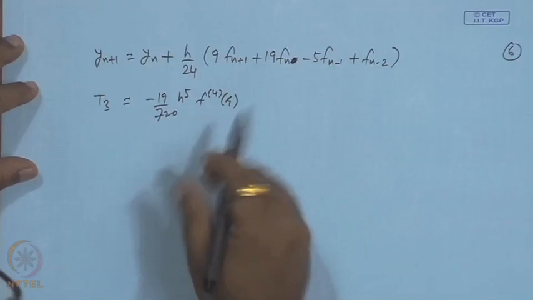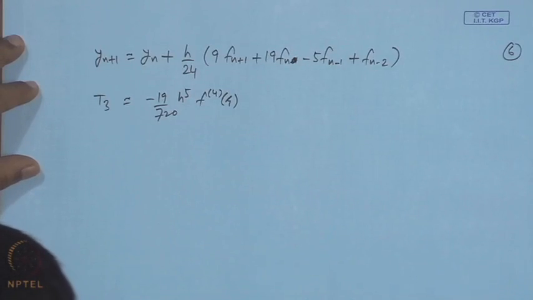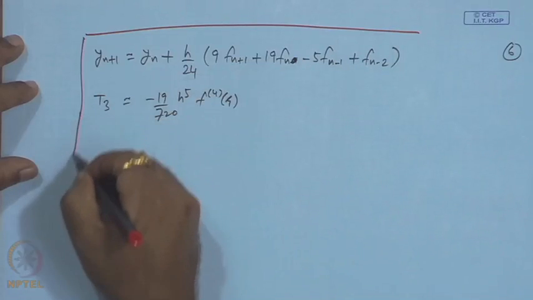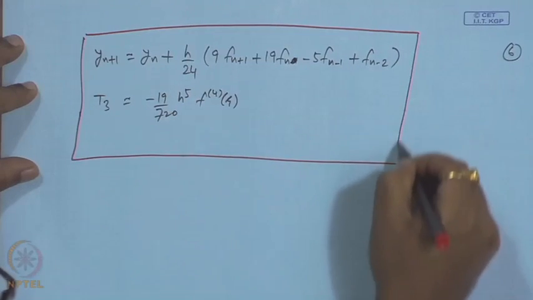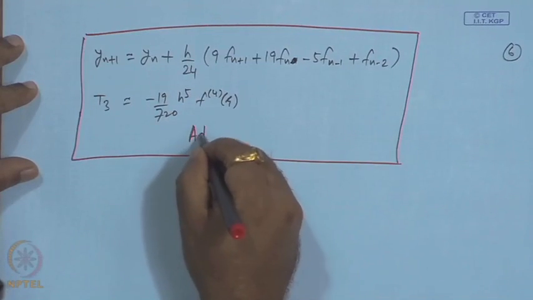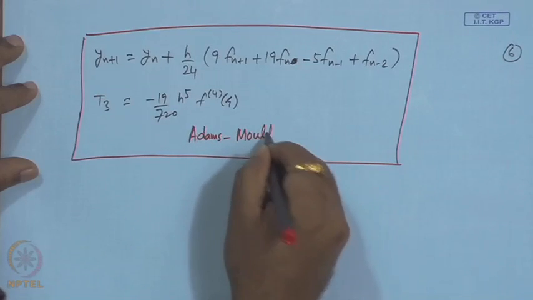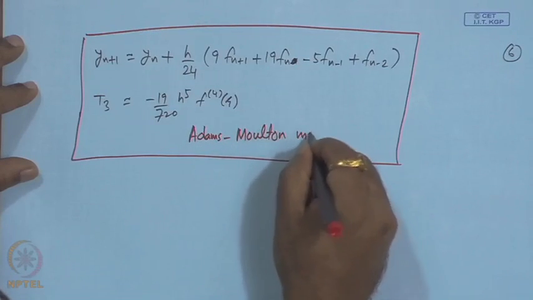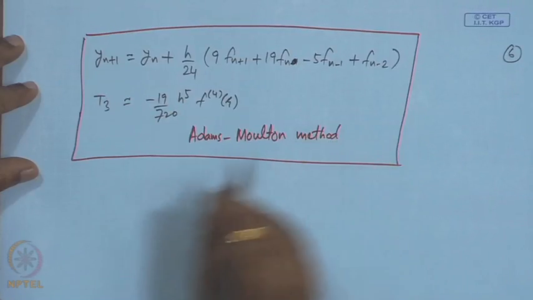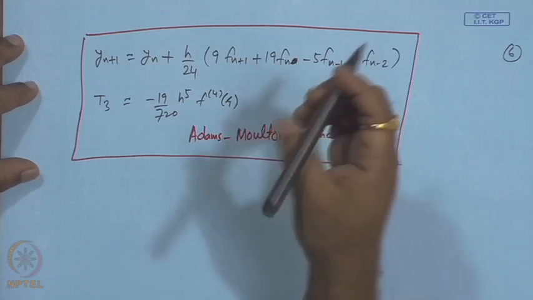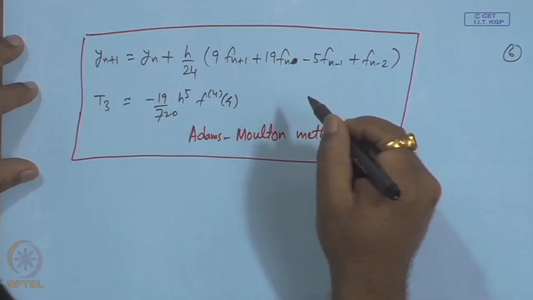So, this method is called Adams-Moulton method. So, earlier one is Adams-Bashforth, that is explicit method, and this is Adams-Moulton method, implicit